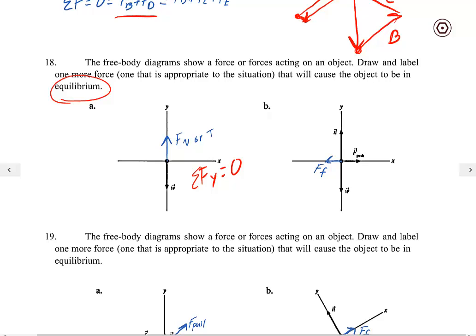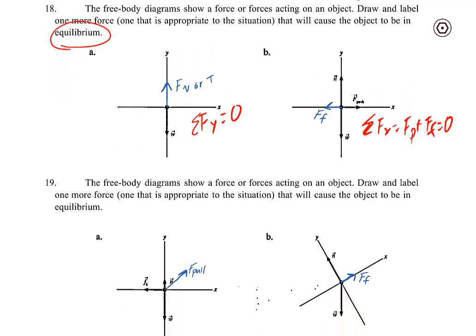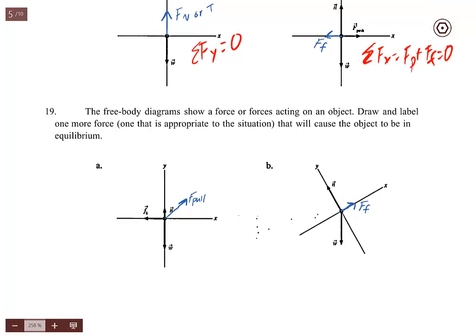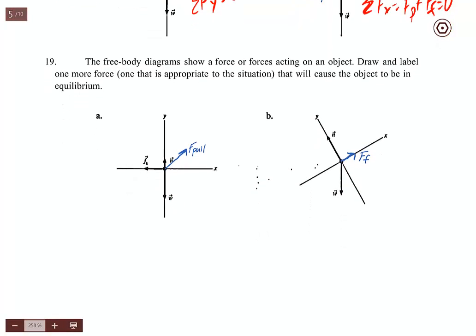And same thing over here at B. If we have a force in the x direction, this pushing force, we need something in the opposite direction so that those add up to 0 also. So I said it was friction. Who knows what it is, but it needs to be to the left and in equal length to the force push. On number 19,